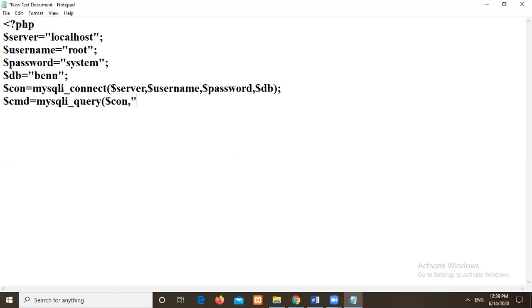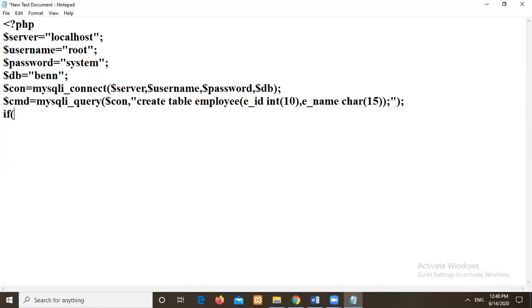So here I will start writing my SQL query, how to create a table, right? So here we have create table employee. So employee ID I want to just write like that, or I can use underscore, employee_ID int of size, comma, employee name. Okay, here you should give the data type as char. You can mention the size here. Okay, then close this with a semicolon followed by double quotes, then close this function, right?